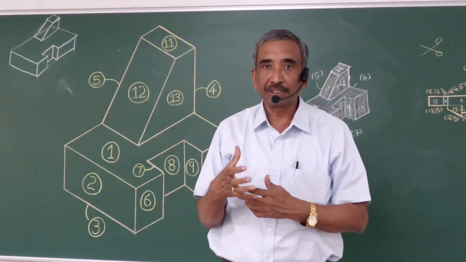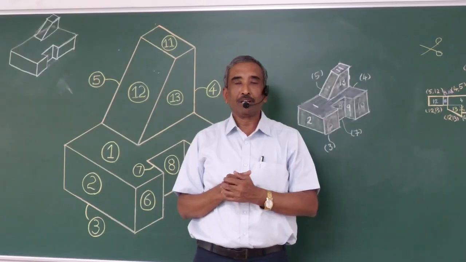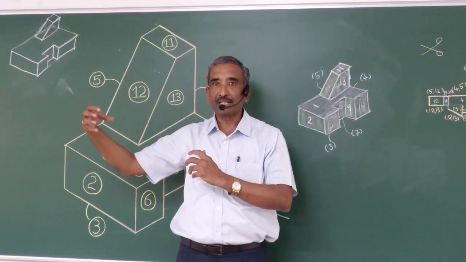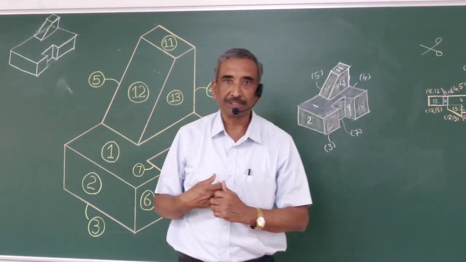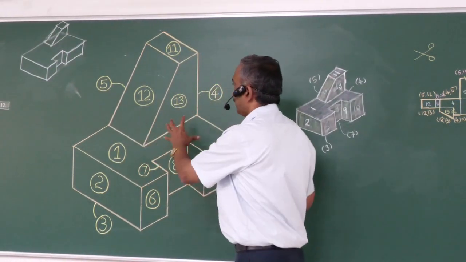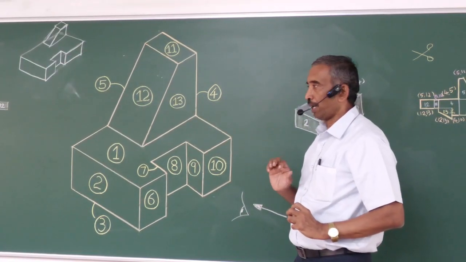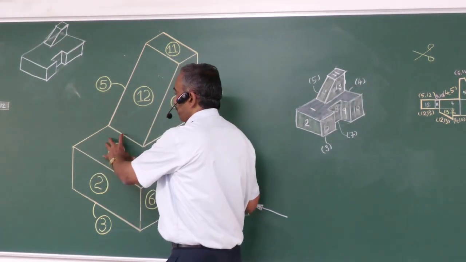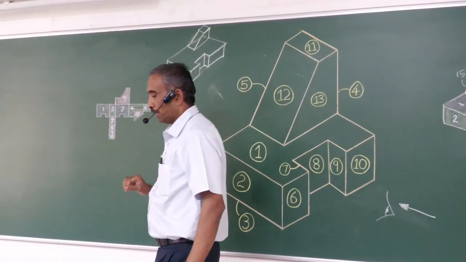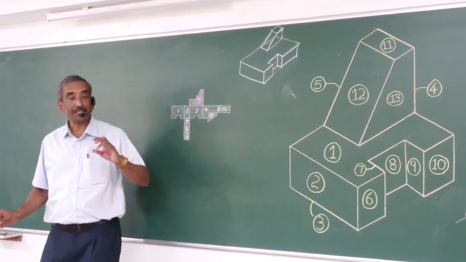In orthographic projections, once a 3D object is given, we will be drawing the front view of the object, top view of the object, as well as the right side view of the object or left side view of the object. So now we will be giving different names for different faces of the object. Now I will be making a marking on the drawing which I made now. So I request you also to make similar marking in your paper.